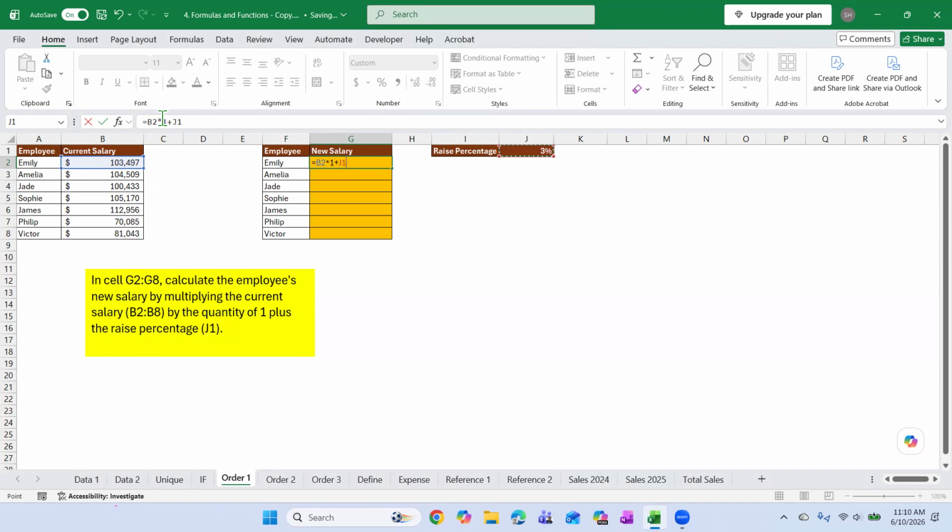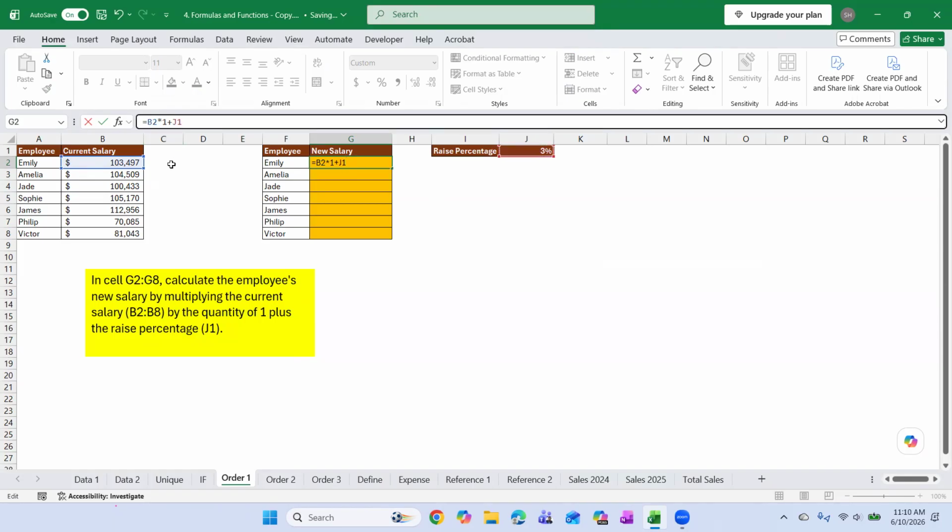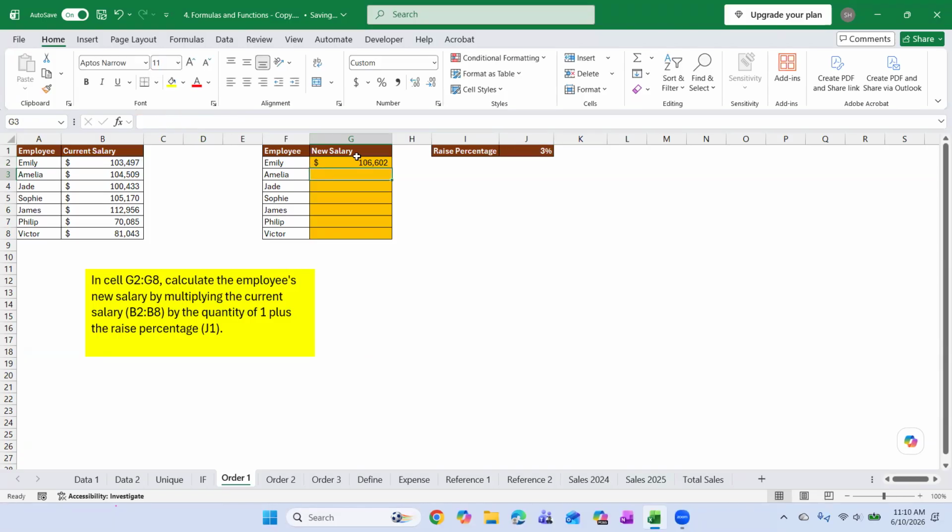I need to put a bracket here. See here, there is multiplication and then plus, right? So two operators are together. I want to say first you add, and then you multiply that with this number, right? And then as Jerry said, I need to add a dollar and a dollar. And then double. So let's